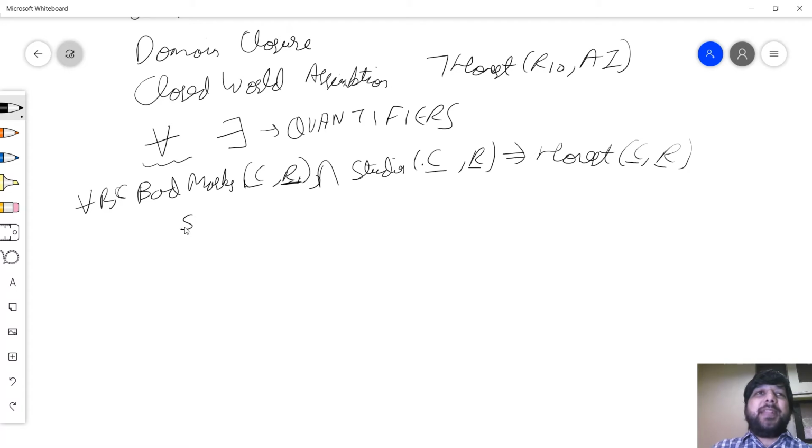So I apply the substitution of C equal to AI and R equal to R1